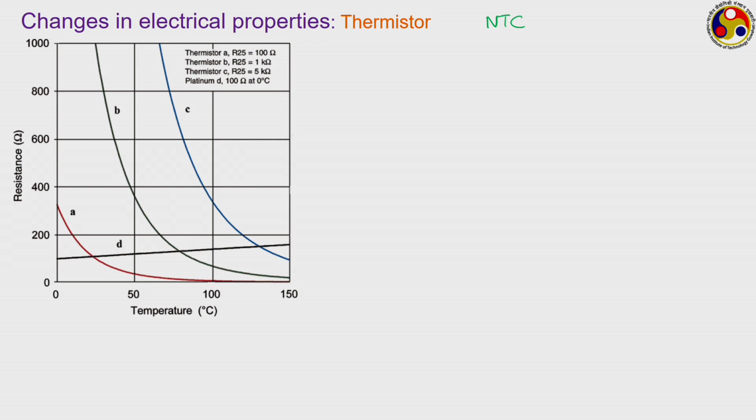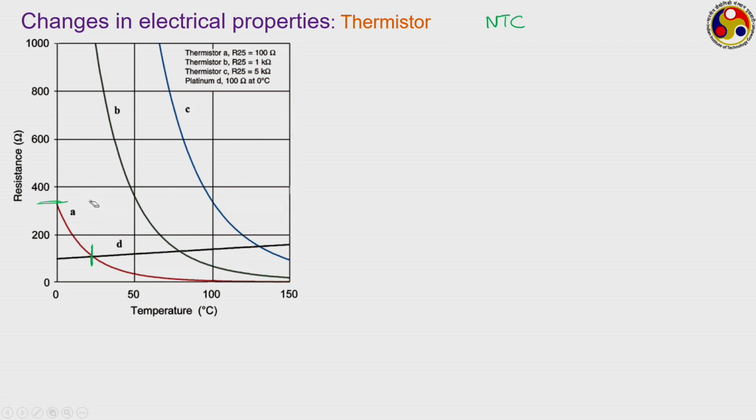Just look at this graph. Here we have represented 3 thermistors A, B and C. The first one A has a resistance of 100 ohm at 25 degrees Celsius, and as the temperature changes you can see there is a sharp reduction in its resistance value. It is more than 300 ohm at 0 degrees Celsius, as it is 100 ohm at 25 degrees Celsius,